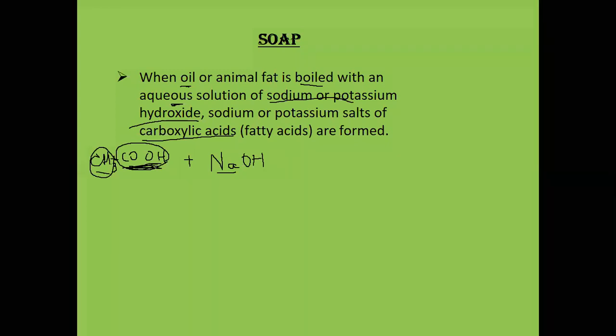Got my point? So when oils or fats which are containing this carboxylic acid, which is my COOH, are boiled with this sodium hydroxide, I'm taking only the example of sodium hydroxide. If I am going to boil them together, what happens is this OH of NaOH and this H of the acid combine together. What do you think will be formed when these two things combine, H and OH? Very good. We get the product which is called H2O. So one product which I'm going to get in this reaction is H2O.